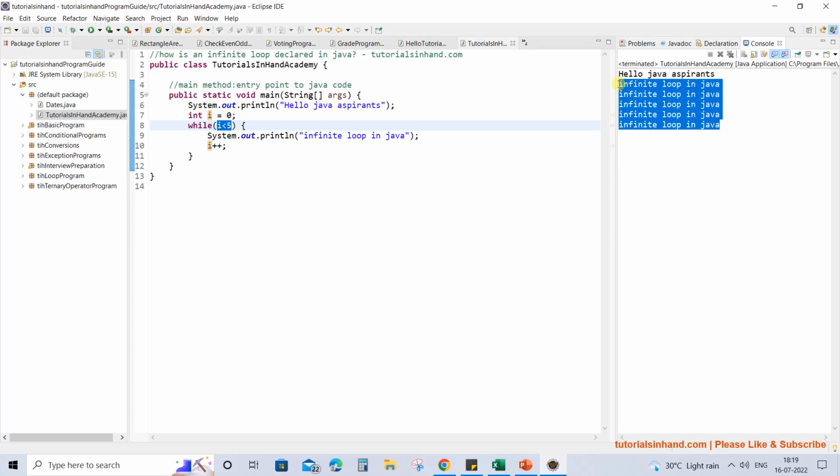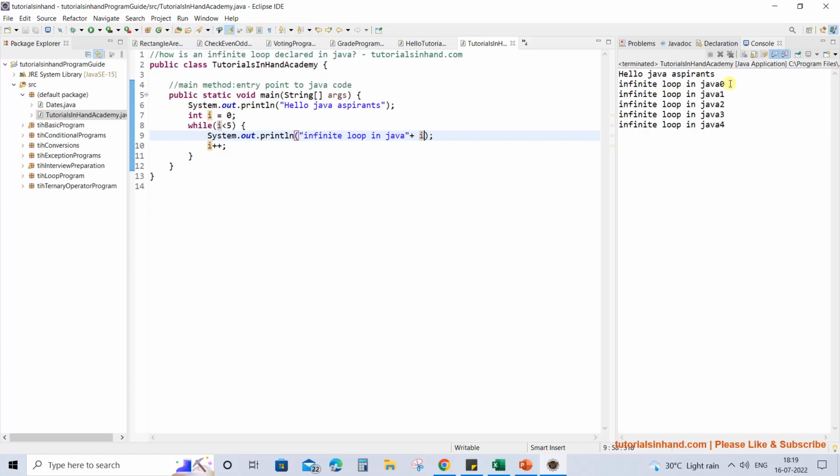So this is where you see the infinite loop is getting printed 5 times. Now if you wanted to see how it is working, you can print the value of I as well. Let me execute this and you will see in which iteration this was printed. For the first iteration this is printed, for the second iteration this is printed, for the third iteration this one, for the fourth, and for the fifth iteration this one is printed. The value of I was 4 in the fifth iteration, so 4 less than 5 was true, so this got printed, and in the next iteration the value became 5, and this time 5 less than 5 results in false, and thus this loop ends.